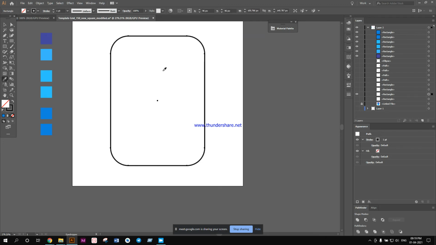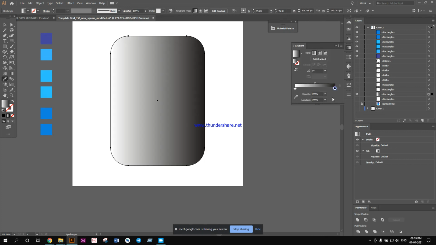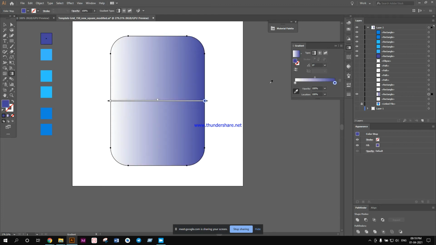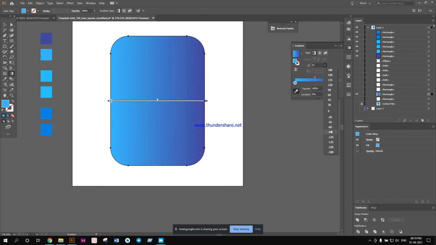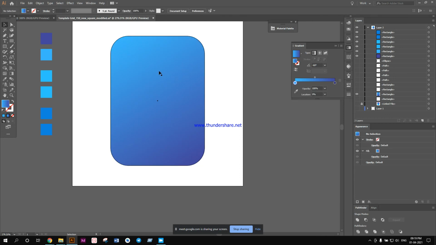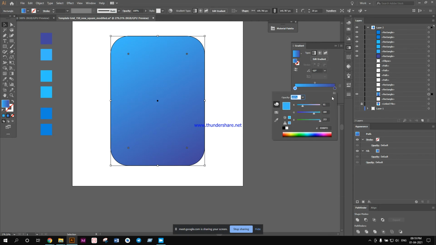For this one, I first sample any color, then go to the gradient, select a gradient, and I have to select the two colors. For the darker color, I use the color picker tool, select this darker color, then go to this color and choose this color. Okay. I want it like this because I do not like the darker color at the top. So I want to manually adjust this color. A bit lighter.